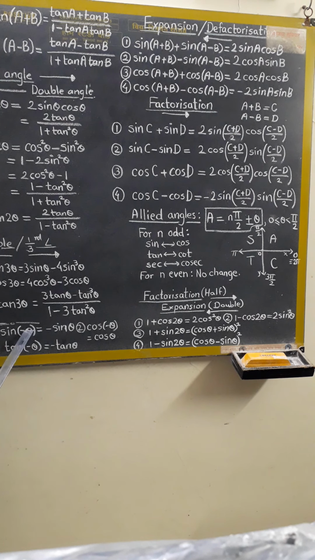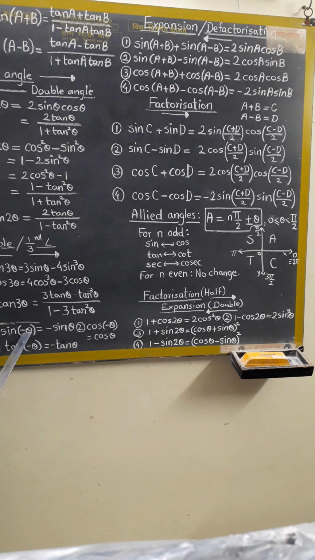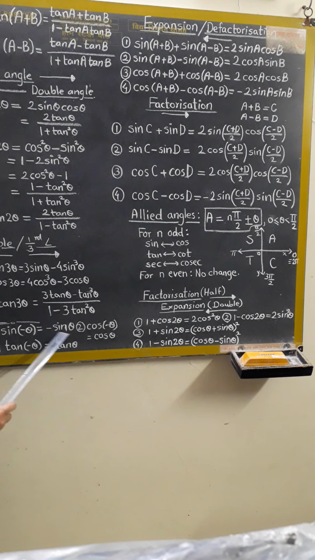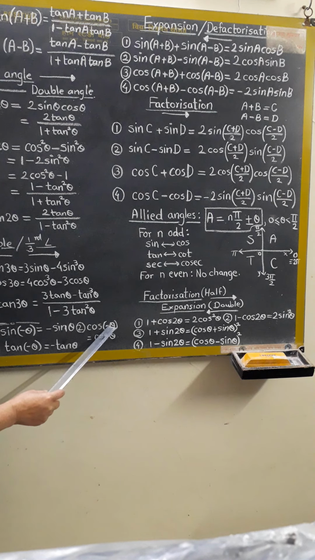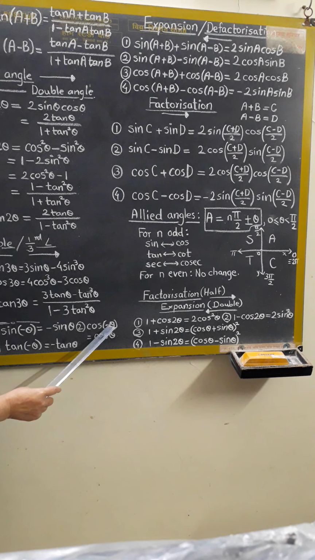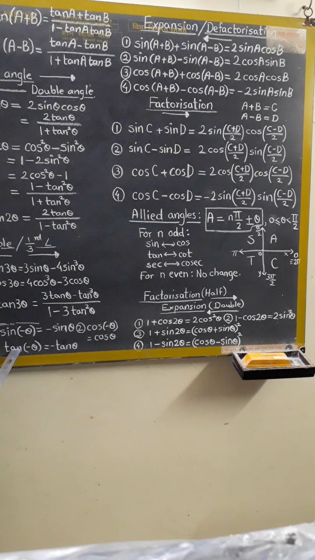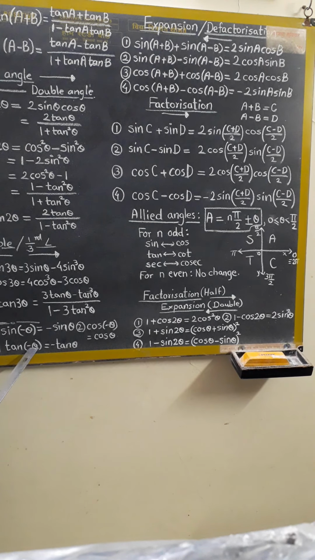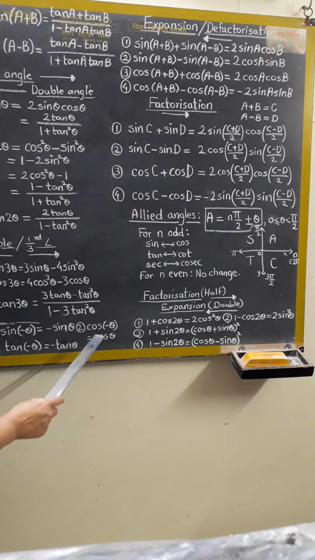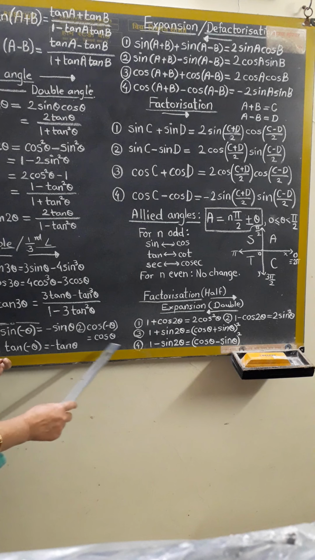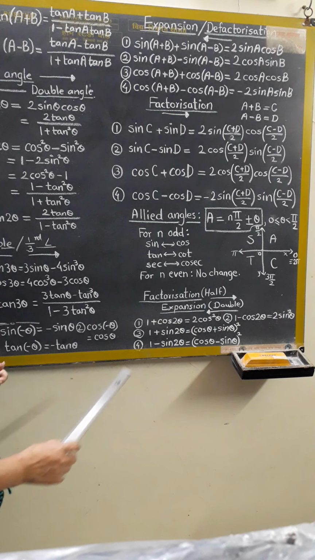Here you can note that the minus sign which is there inside the sine function comes outside the sine function. In cos of minus theta, the minus sign which is inside the cos function disappears on the right side, and in tan of minus theta, the minus sign in the tan function comes outside the tan function. So you can see that for the cosine of minus theta, the minus sign merges, or disappears, on the